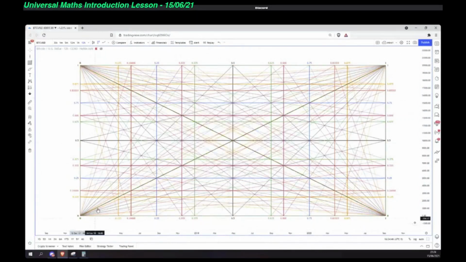Okay, so in this web of numbers and angles, you can see that we've identified the eighths divisions, which is 0.125, 0.25, 0.375, obviously the 0.5, 0.625, 0.75, and 0.875. So this is now giving us an eighths division of this box, as this is giving us the sixths or the thirds, whichever way you look at it. So as we now have these numbers on here,